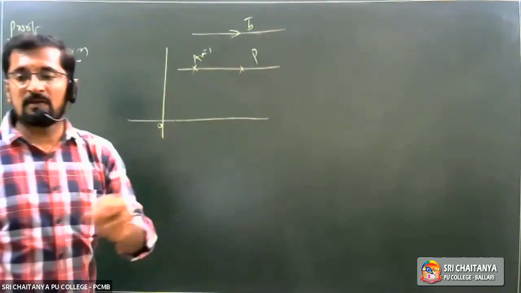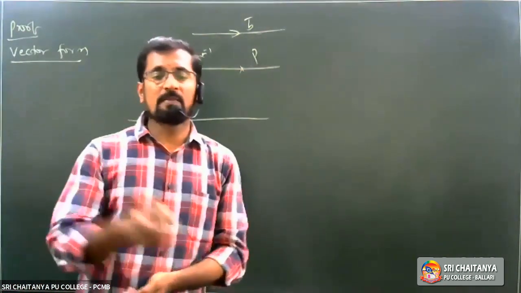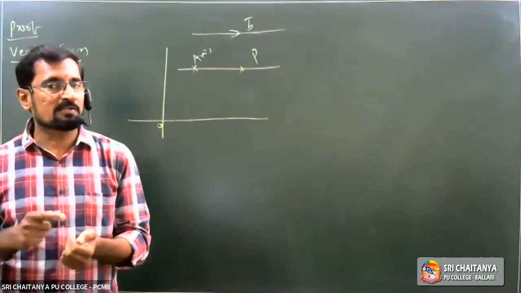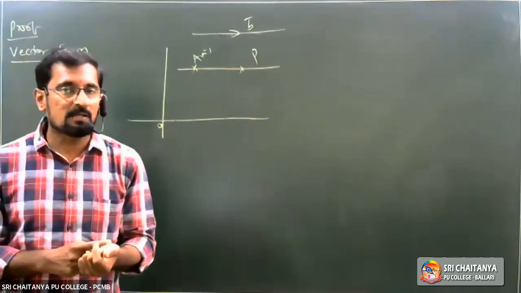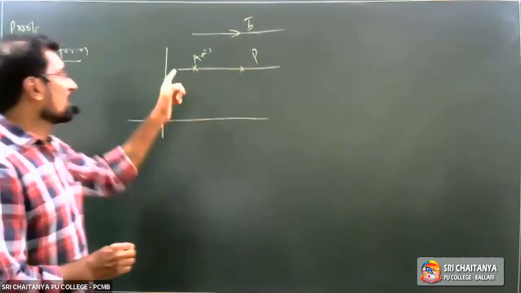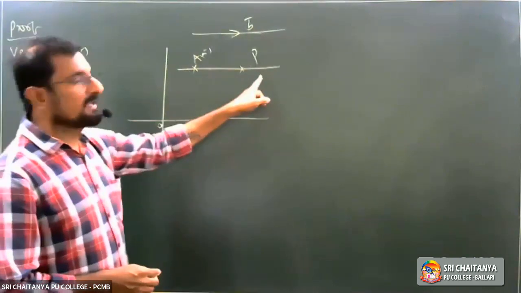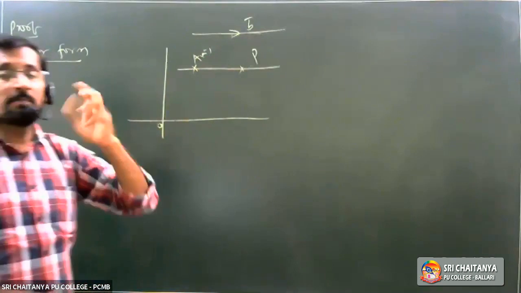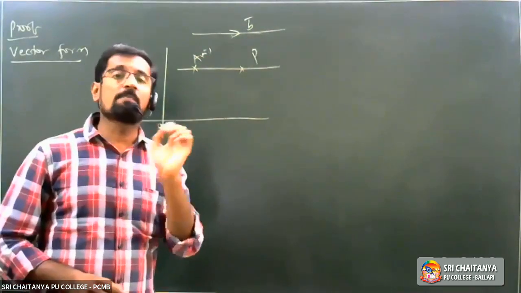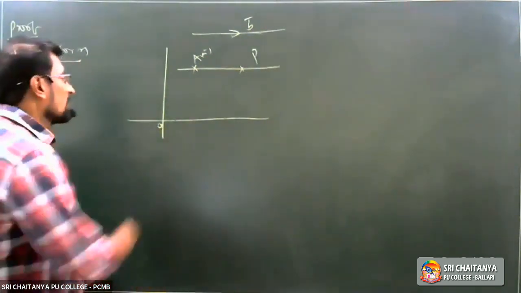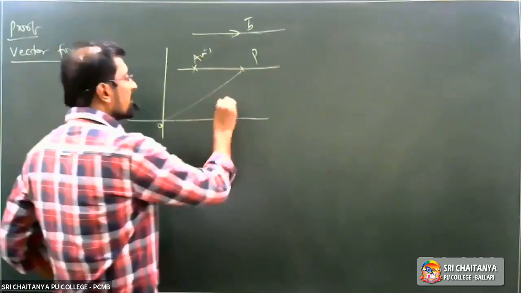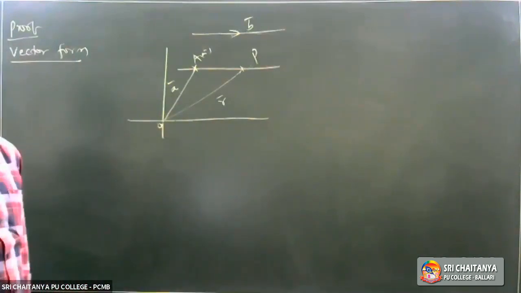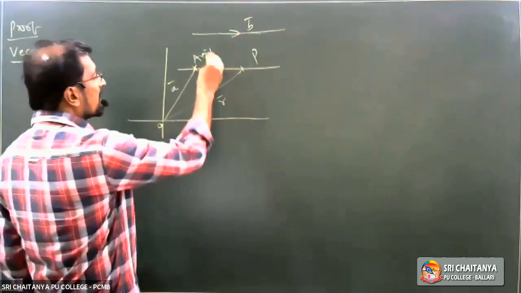What is the statement given to you? Observe there. The vector equation of line passing through one point and parallel to another vector. That means the vector equation of this line passing through one point and parallel to another vector. P is any point on the line, right? Okay. Now join OP. OP bar is equals to R bar. OA bar is equals to A bar. Right? AP bar is one vector.